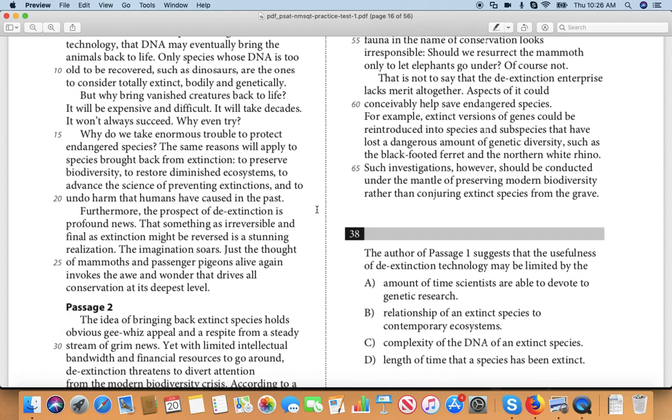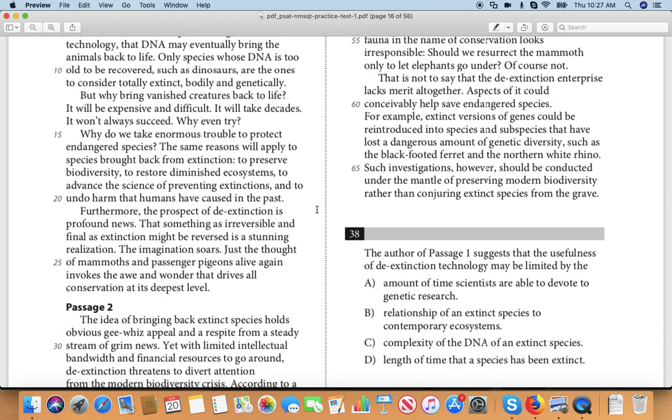To preserve biodiversity, what's biodiversity? What's bio mean? You guys know that, right? Like diversity of life? Yes, diversity of life. If animals go extinct, there's less living things. Biology, right? Study of life. It's helpful to know that prefix. Okay.